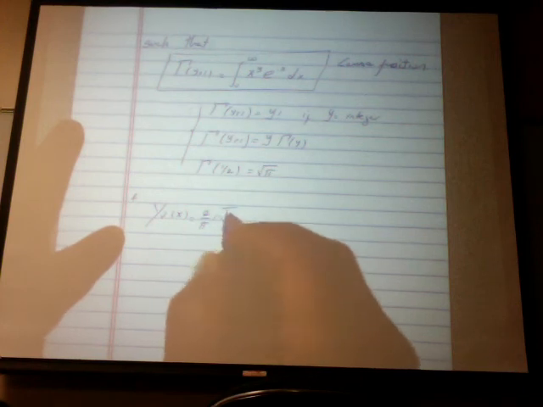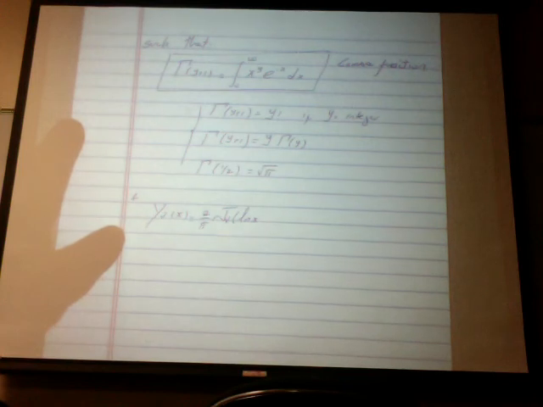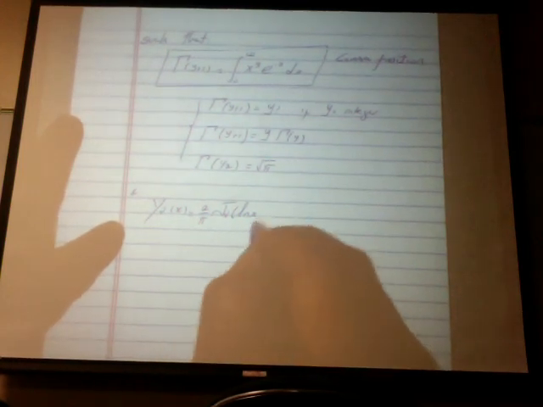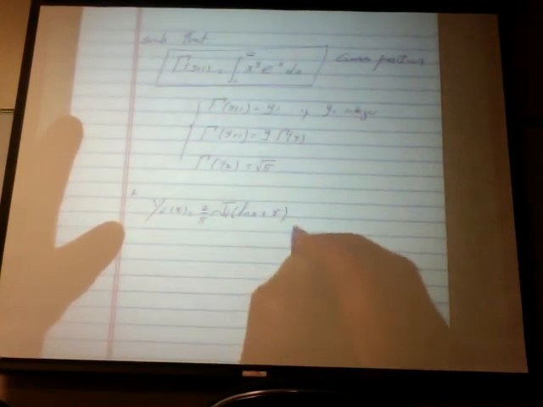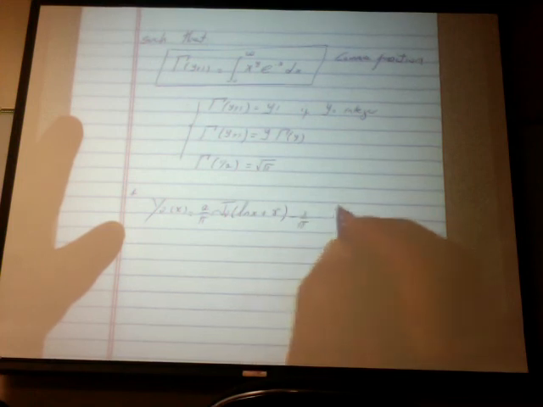This one is an even crazier function. J_nu of x times the log of x over 2 plus the Euler constant